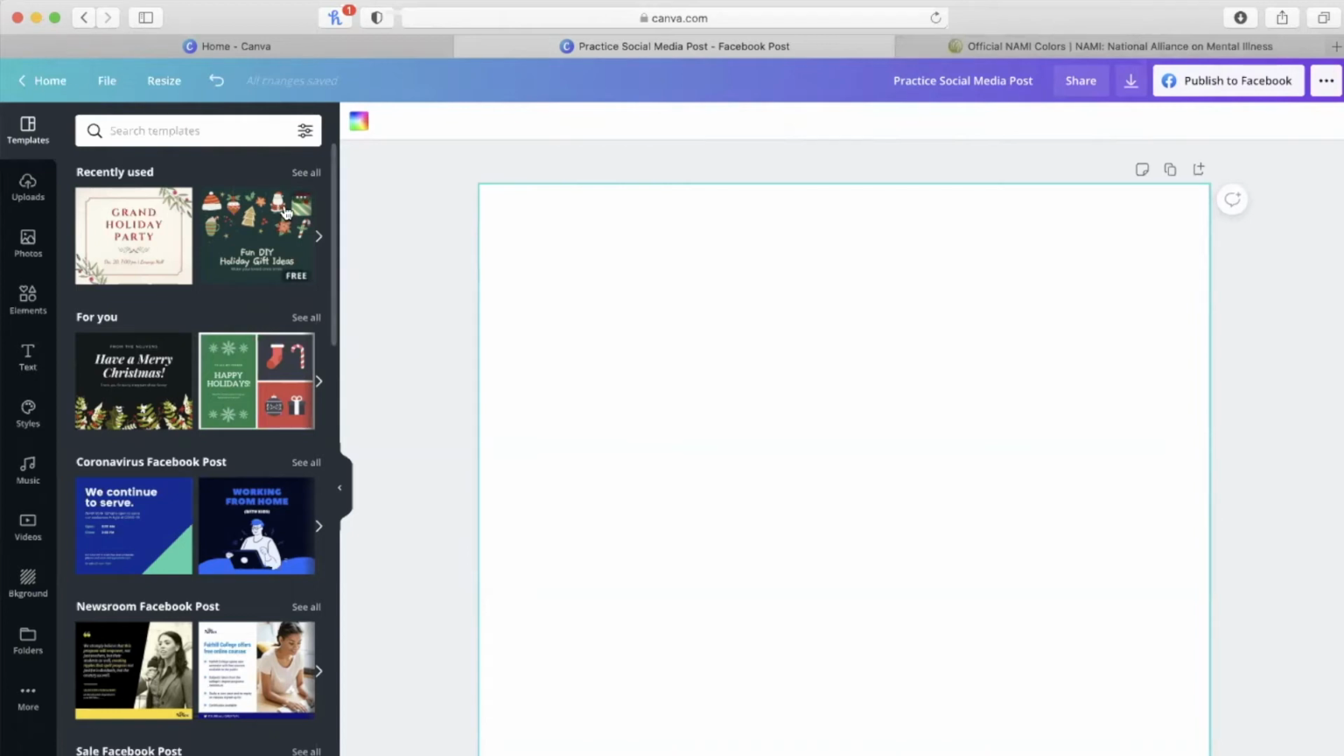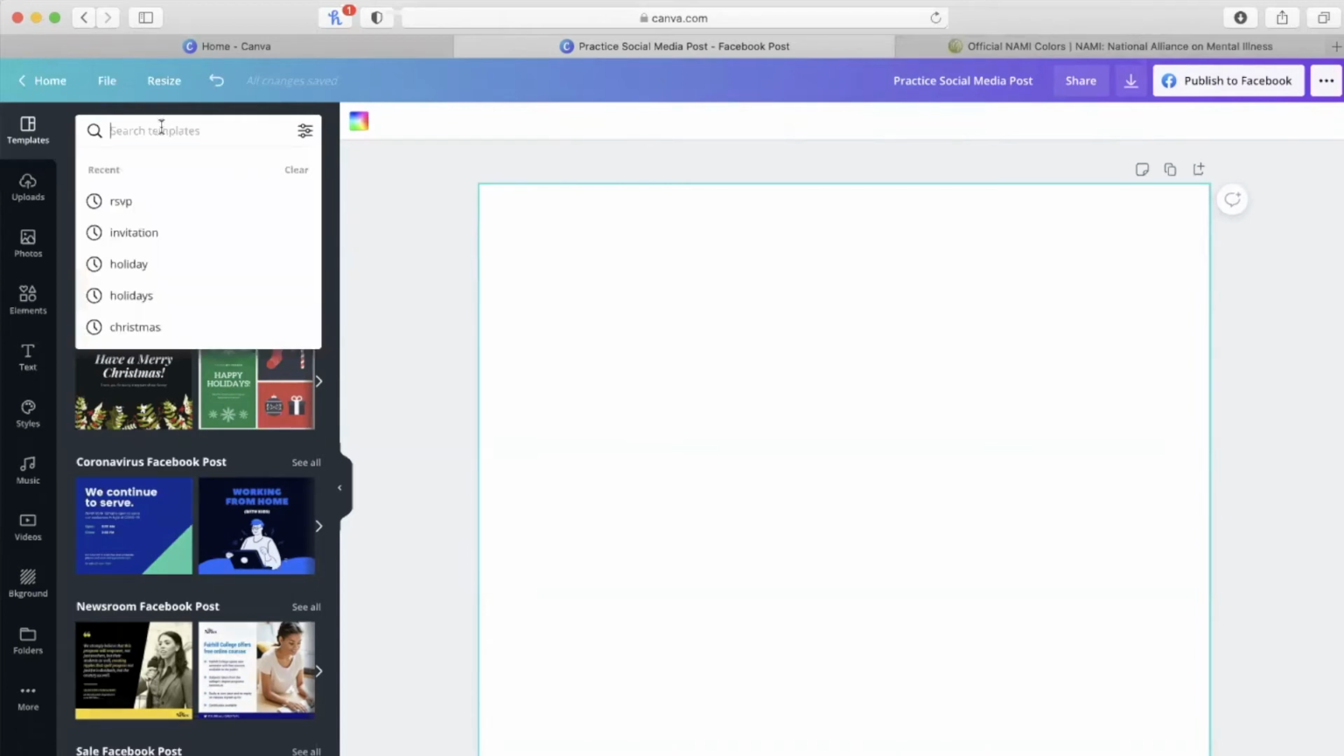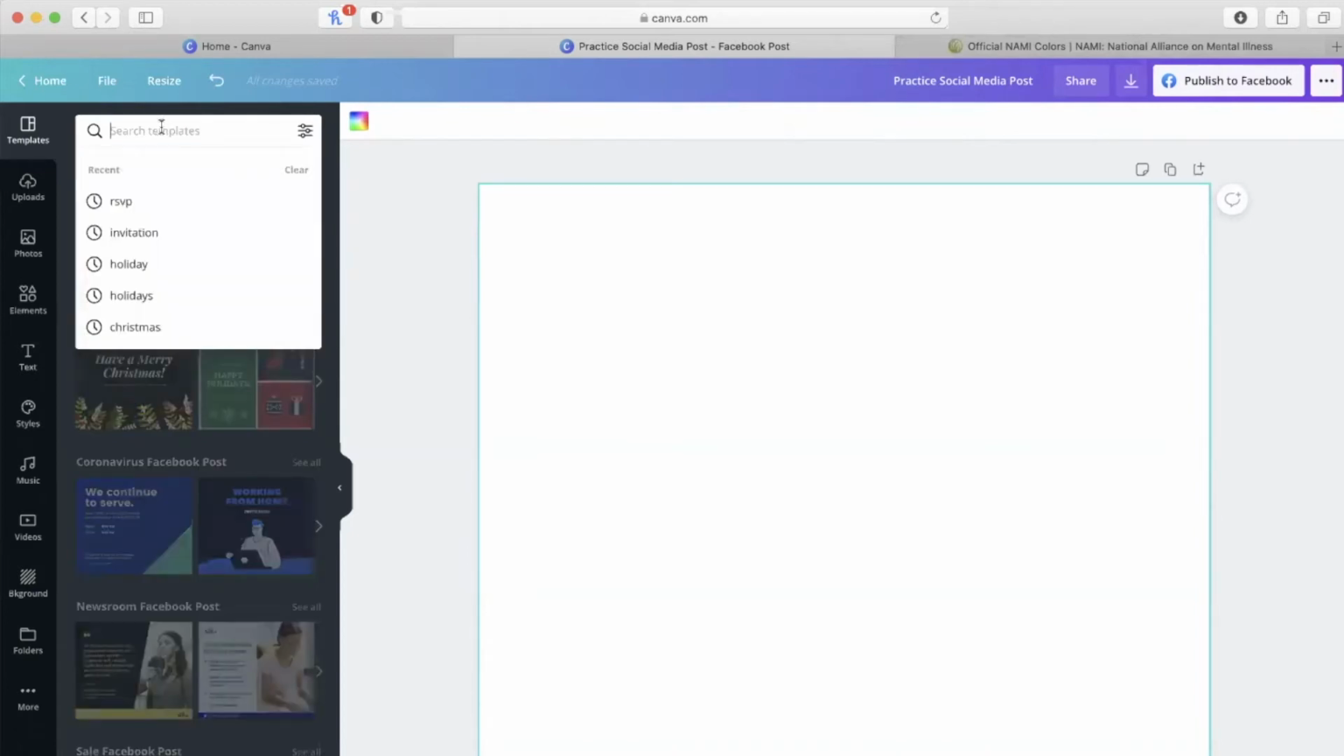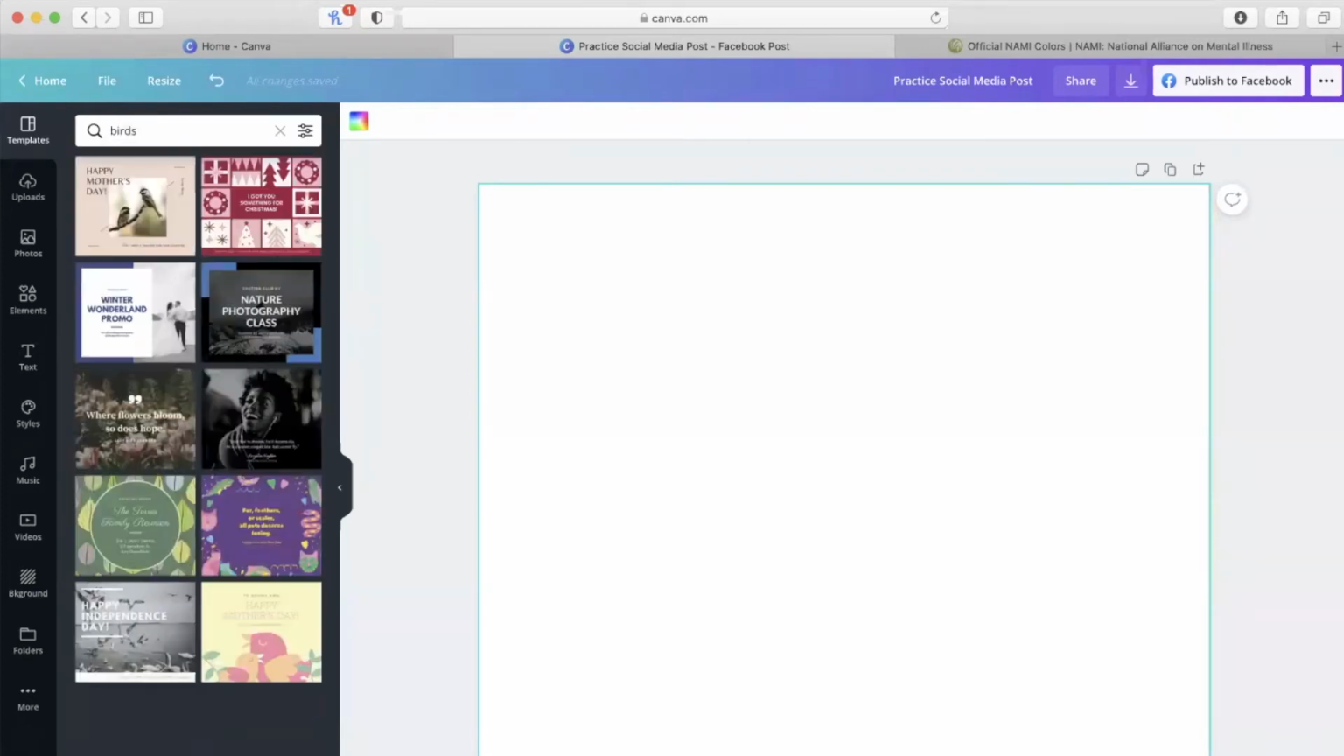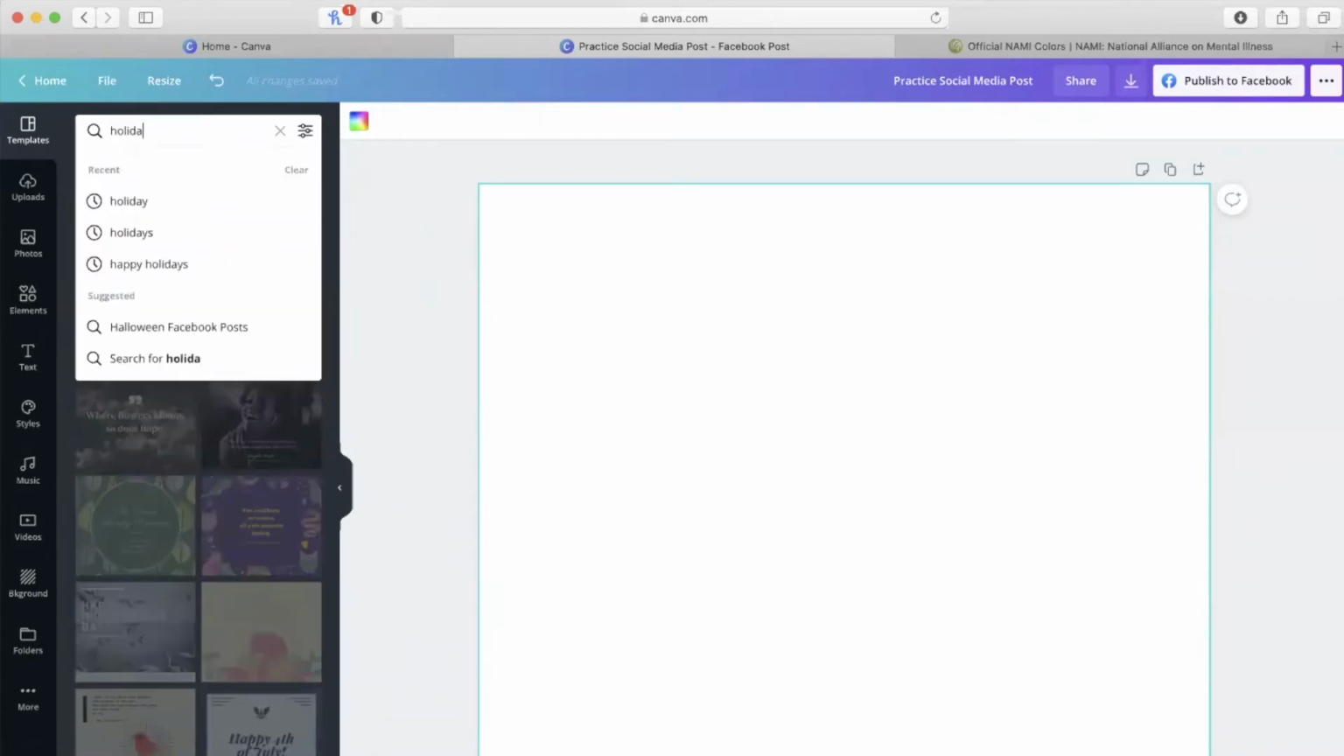And to start off, we're going to choose a template. So let's search for a template, and you can do basically any template that you can think of. You can just search and it'll have ideas. So if I want something with birds on it, I can search birds and it'll come up with templates about birds. But let's do a holiday one. So I'm going to do holiday,